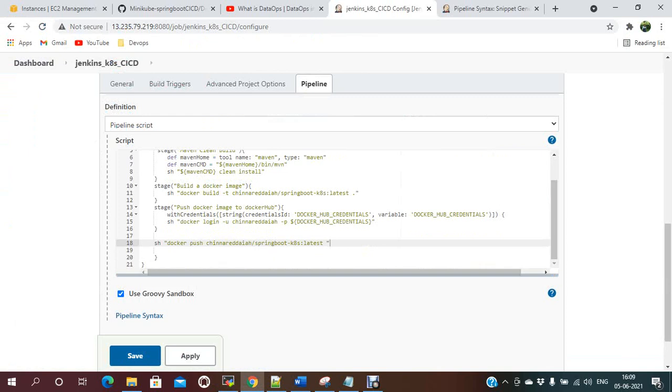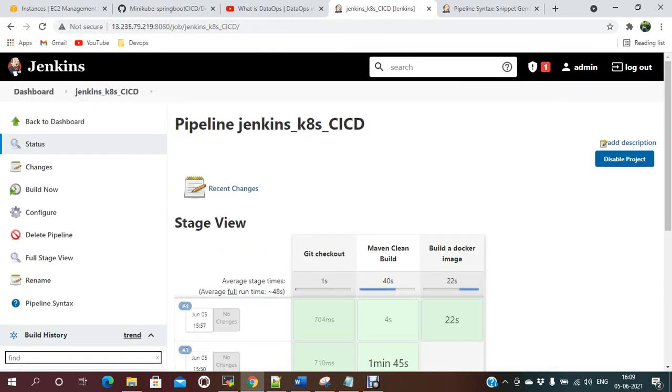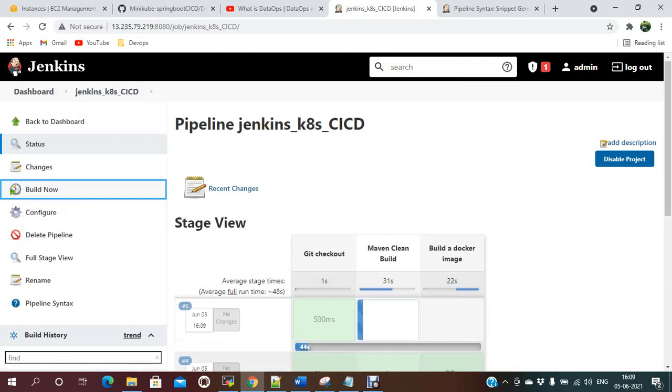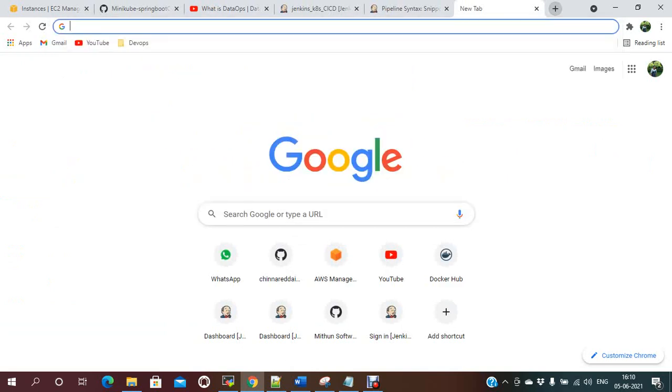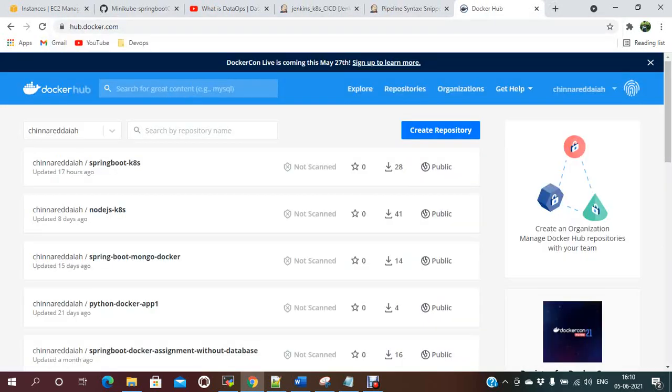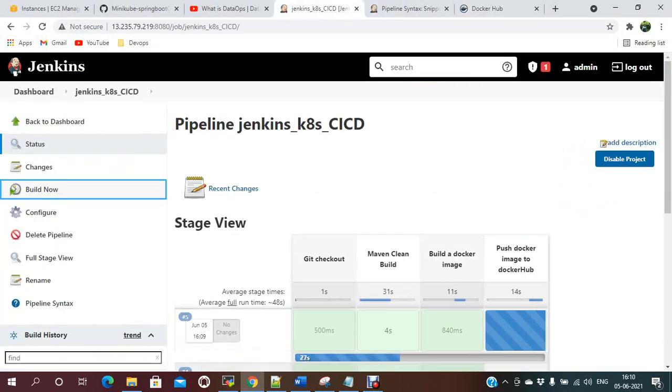Let me run this stage. Apply, save, and build now. So once it pushes, you will be able to see your image in Docker Hub. I already logged into this one. Let me check the status of the build.